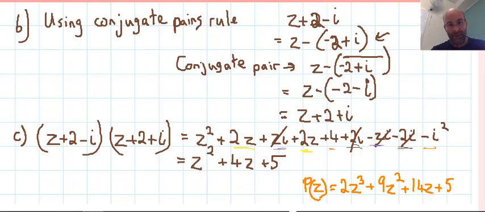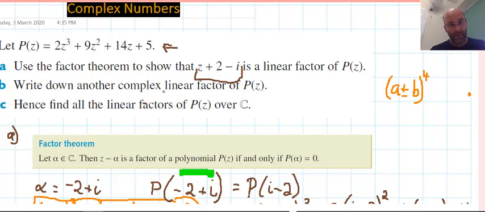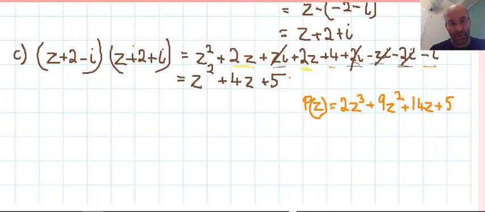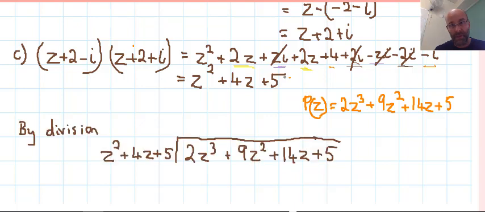Now p of z is written there for convenience, 2z cubed plus 9z squared plus 14z plus 5, and we've got this here, and we're just trying to find any other factors. The combination of these 2 factors makes this, and so through division we should be able to find another linear factor, because remember the question did ask us for linear factors. Some questions we can see the other factor by inspection, but not so this one. So using polynomial division,